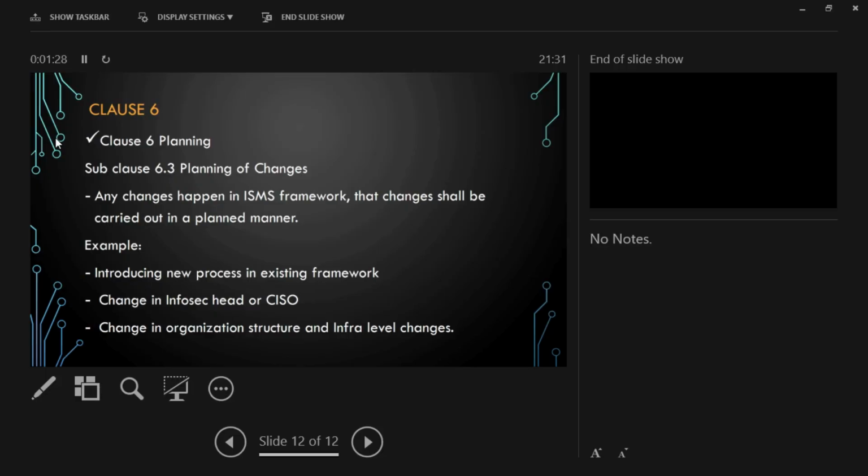Likewise, if any top level management changes happen in the organization who drive the ISMS framework, in such cases also you need to add those things in your planning of changes. And if any org structure level or infra level upgrades happen, those things also you need to capture properly in your planning of changes. It's more about how you are planning your changes related to the information security management system in your organization. Those things will be captured in